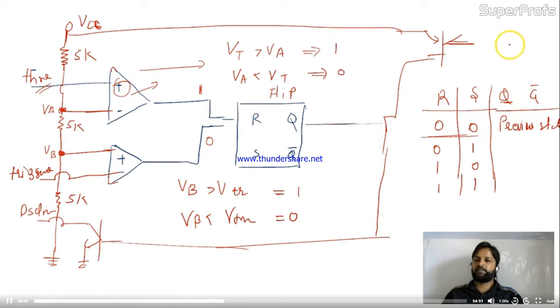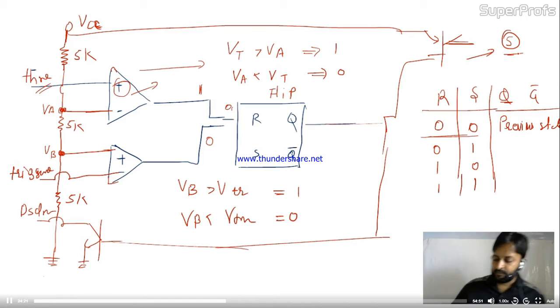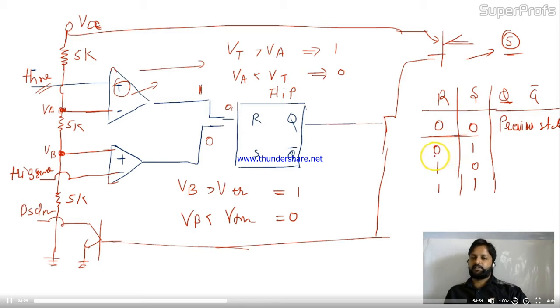Means whatever the condition was, suppose 5 was there initially at the output, and by some means we are getting 0, 0 over here, the condition will not change. Whatever the condition is, it will remain. Now, if your logic is 0 and 1, you will always get 1. Whatever the condition over here is, I don't know, but at the end you will get 1. Suppose Q is 0,